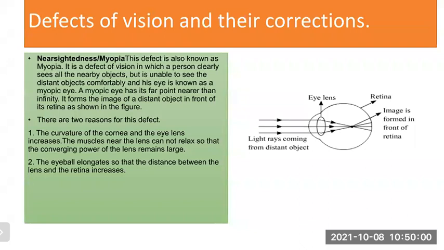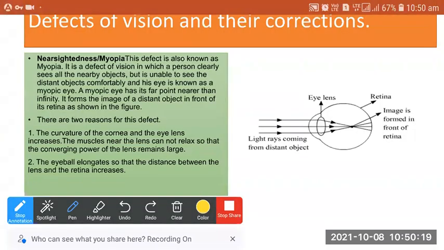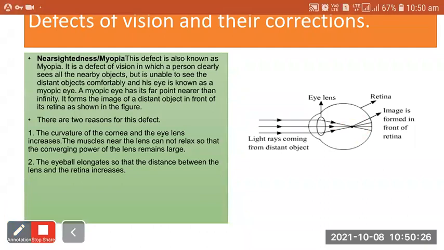you can see that the rays converge at a point before the retina. Okay, it means the image is formed in front of the retina. If you observe in the diagram here, the image is formed here in front of the retina. So these are the two reasons due to which